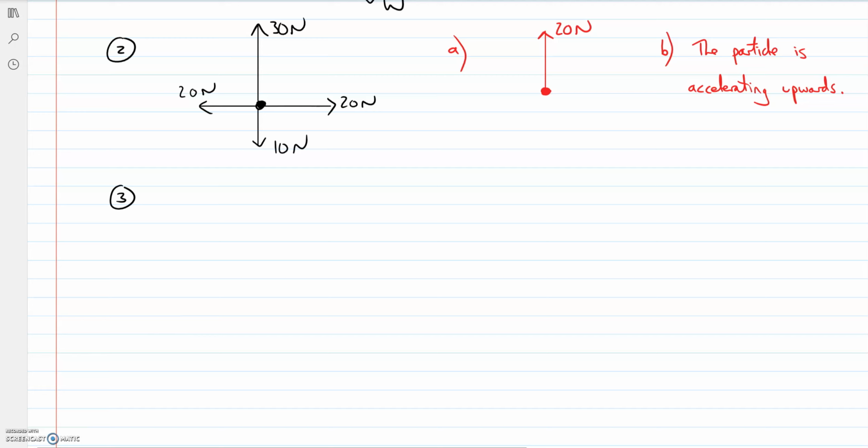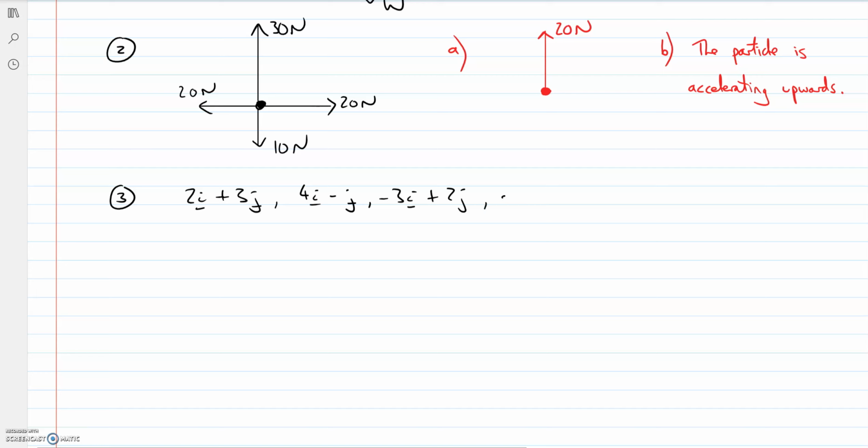So hopefully we're getting more used to what these forces are, how you can write them, how you can draw them, what they mean. Number 3, we can also express forces in vectors i and j, which you've come across. i being the horizontal vector this way, and j being the vertical vector up. If you introduce a third dimension, then we normally use k, but we don't have to worry about that here. So the forces are 2i plus 3j, and they're vectors, so we've got them in bold or underlined in our case, 4i minus j and minus 3i plus 2j,